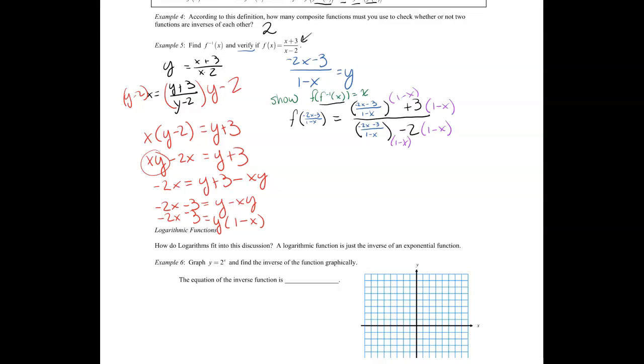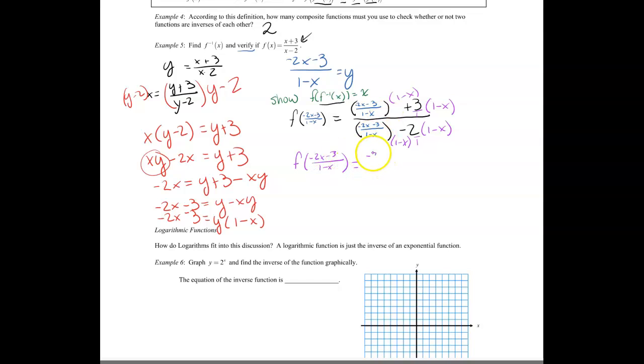So now I'm trying to multiply through by that common denominator, because I know 3 is over 1 and that 2 is over 1. And so my common denominator between all of these little fractions should be that 1 minus x. So now I should just have f of blah, which is negative 2x minus 3 over 1 minus x, should be equal